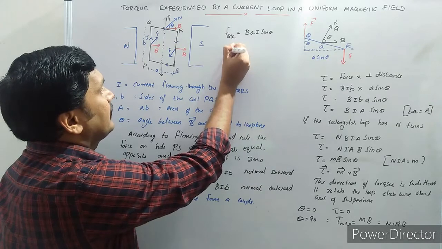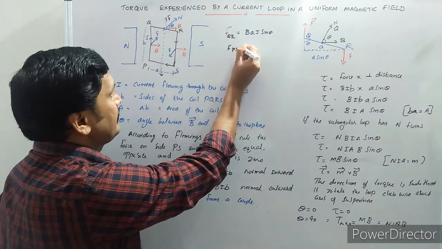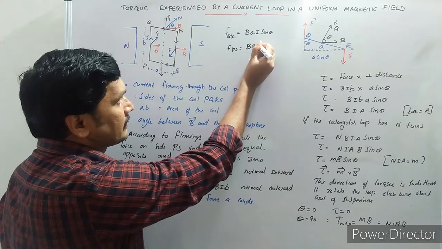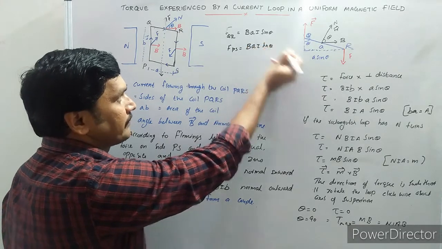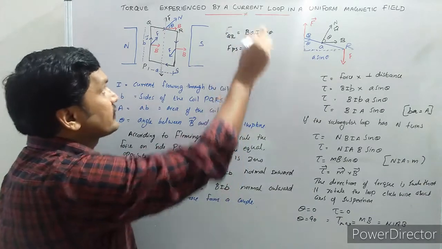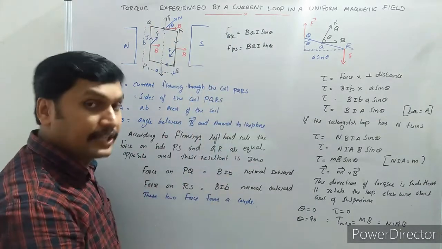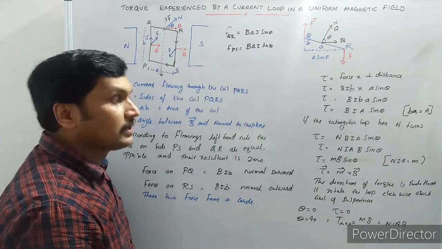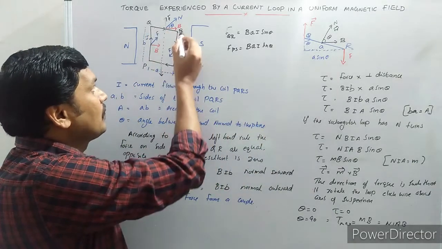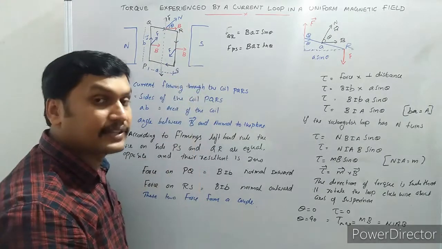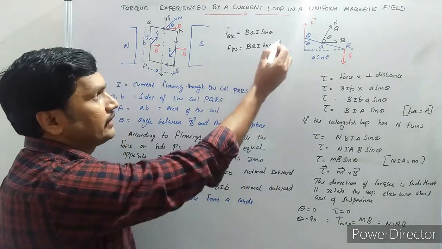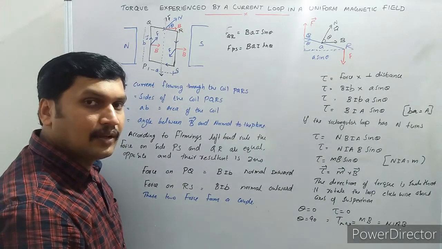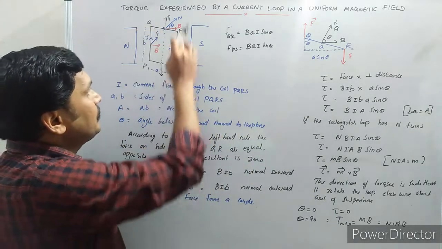What about the side PS? The force on PS is B into the same magnetic field, same length, same current, and the angle is also the same. So the magnitude of force on QR and PS is the same, but they are opposite in direction. So the forces on QR and PS cancel each other because they have the same magnitude and opposite direction. But on the sides PQ and RS,